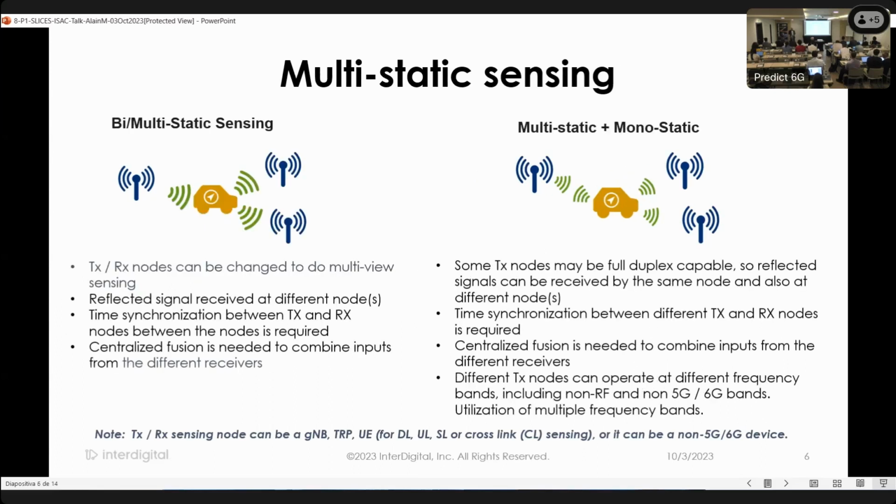And the other one is referred to as bistatic sensing, or even multistatic sensing. So basically here, the transmitter and the receiver are separate nodes. So I do transmit, then the signal hits a target. The target reflects. Another node would be the node receiving the echo reflected by the target, and that other node will be doing the processing. So we refer to this as bistatic sensing.